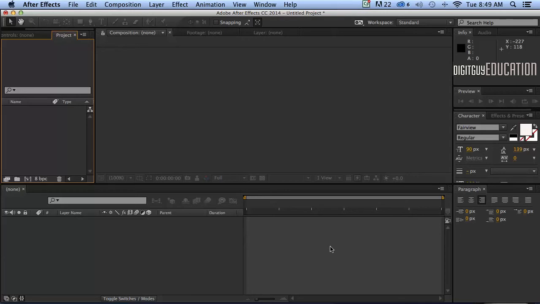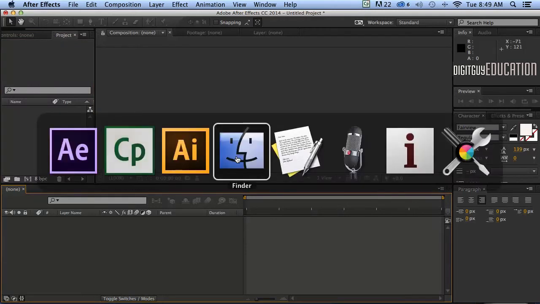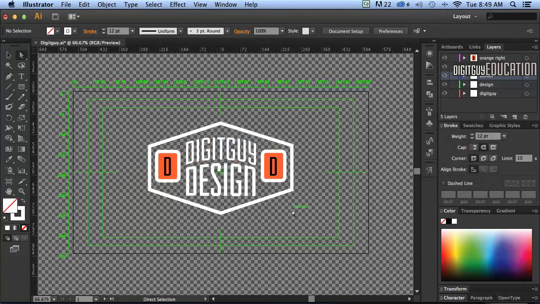In these couple of videos we're going to look at animating a logo in the 3D world in After Effects. I like to call it 2.5D world. It's not true 3D. So let's start. We're going to start off in Illustrator, so I'm going to Command Tab over to Illustrator like this, and here's